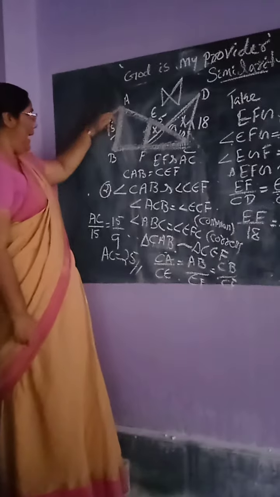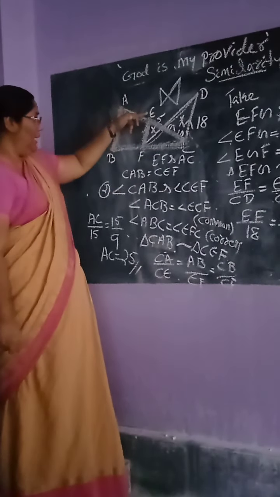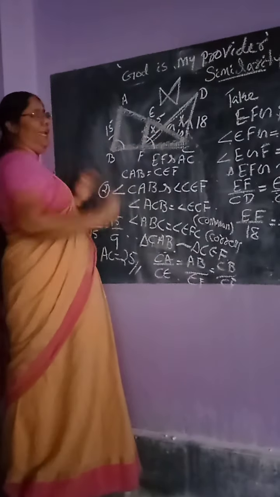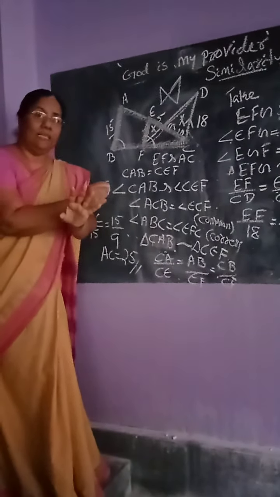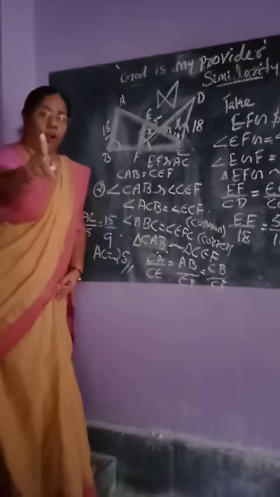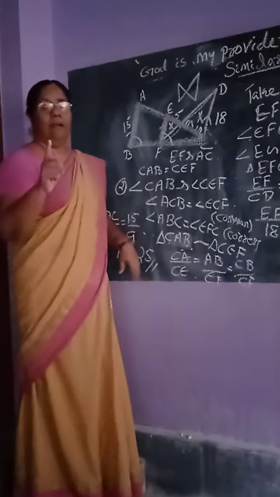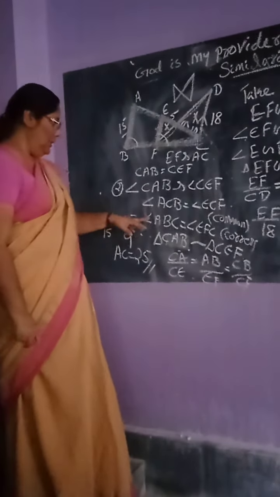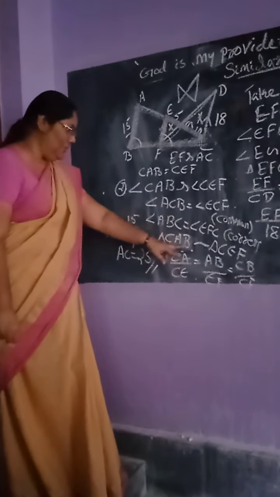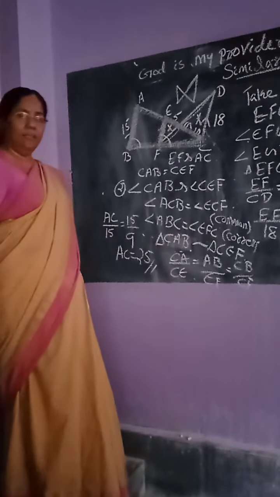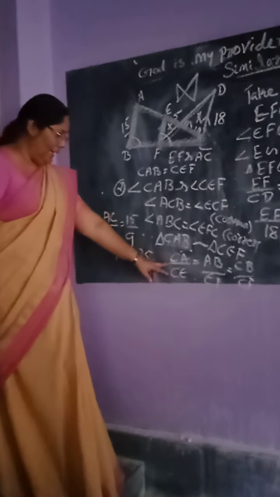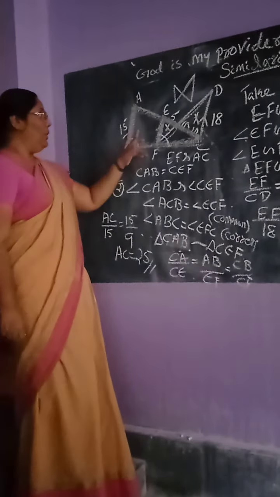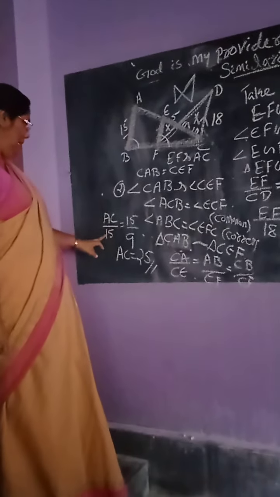Then next is ABC equal to EFC. These two are known as corresponding angles. In the earlier case the reasons were vertically opposite and alternate, but here they are common and corresponding. You remember that point. Therefore, by AA similarity theorem, these two triangles are similar. Then write the corresponding sides are proportional. Then just look at the figure and copy the steps.